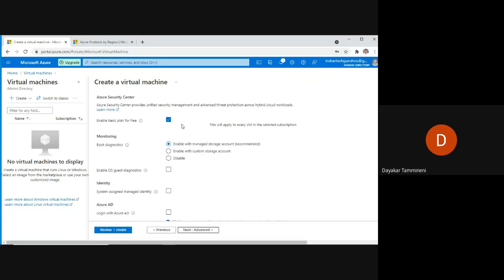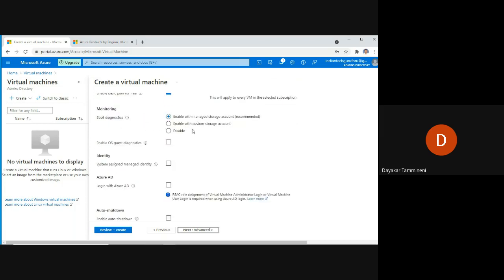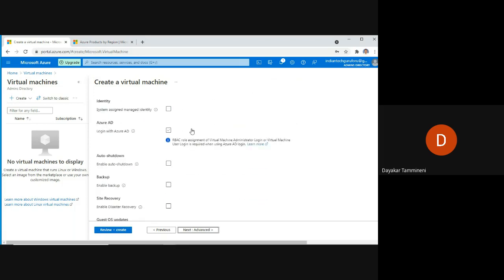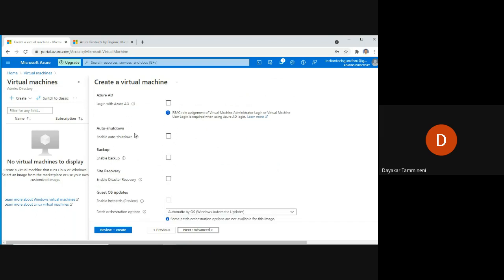As far as Management is concerned, one specific option is very, very important. You can see here, Auto shutdown. Auto shutdown means, assume that I am running a business, not a regular business, where the website is accessed by my customers only from morning 9 o'clock to night 10 o'clock.